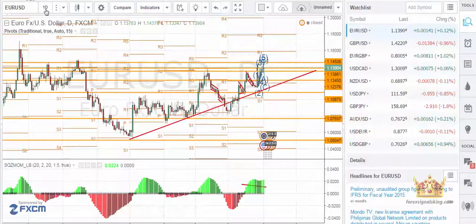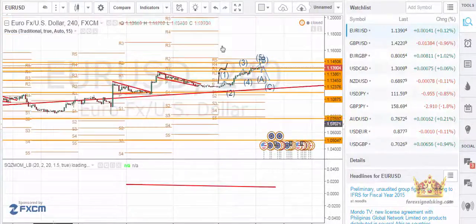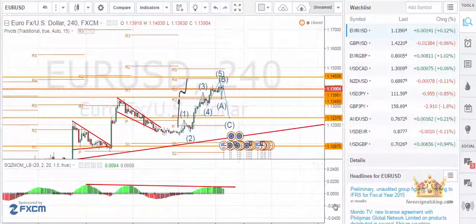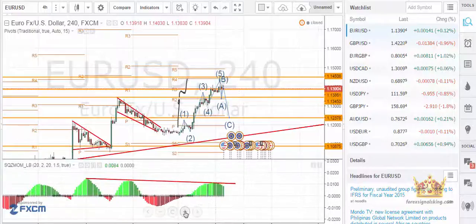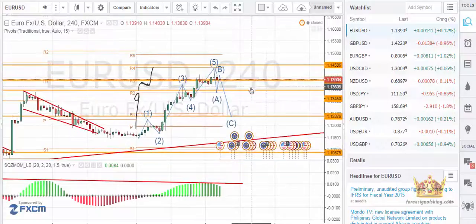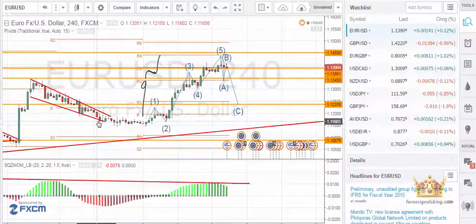Okay, let's go deeper into the 4-hour time frame. We can see Elliott waves, extremely obvious Elliott waves. It started from the break of this bullish flag, which I have talked about in a previous trade idea